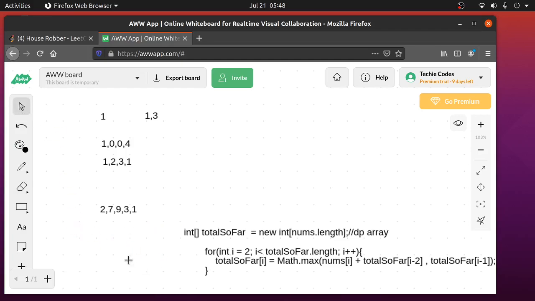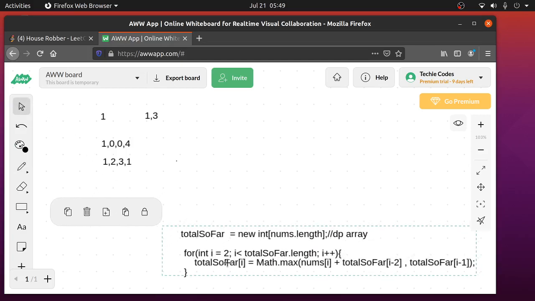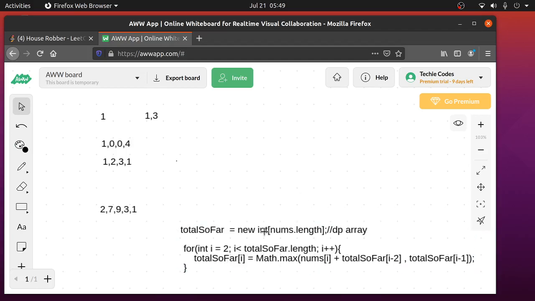Alright, so this is the given array, and this is our algorithm. So we create a DP array. You may see this as DP array in other questions. This is for dynamic programming, and this is a bottom-up approach. So we are collecting small numbers towards a bigger number. We collect numbers along the way, so we don't have to redo the calculations. It's like memoization or